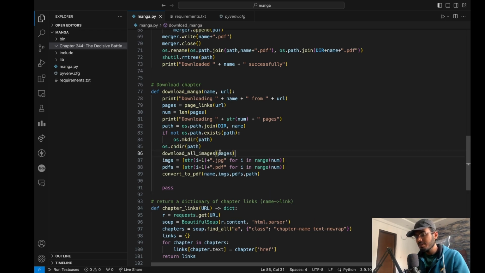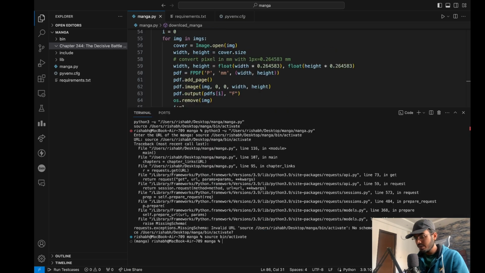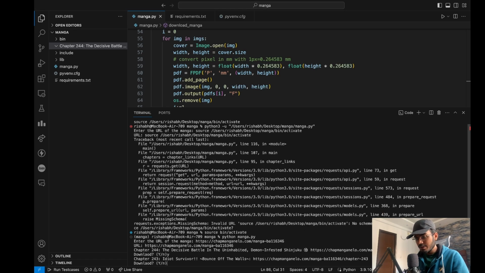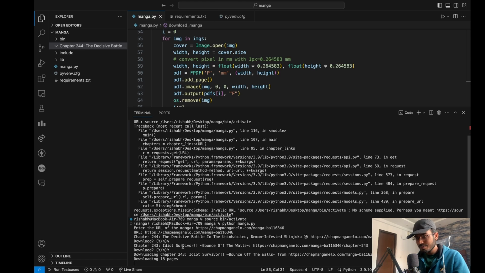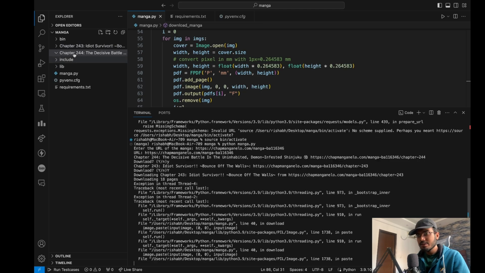So download all images in the pages, and python manga.py. I'll paste in the URL now, and if I press a Y here, it should be capital Y. It's downloading 18 pages, and